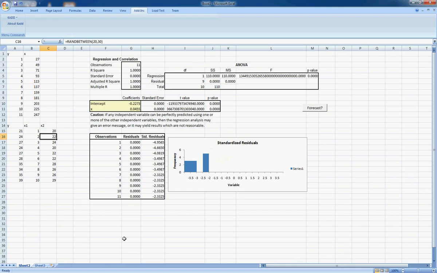Okay, so I created a second example with two x variables, so two independent variables. So in this case, x1 and x2. With x1, it's just the same as before. I went 1 to 10, but with x2, you can't do that because it's a condition of regression that the